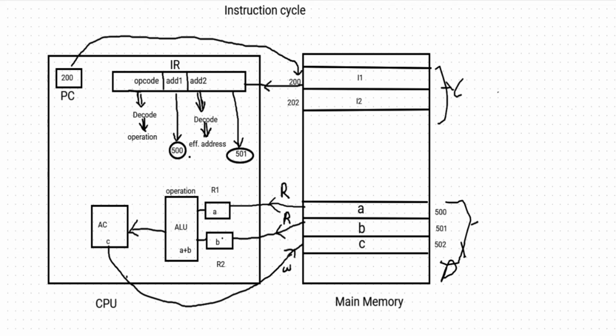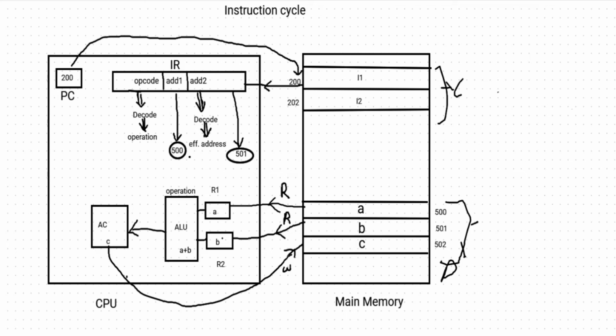Let's say we don't have anything here, we'll somehow bring the 200. The 200 is the address of that particular instruction which we want to execute. Let's say program counter has 200, and it'll go to that particular address, and from that address it will fetch this instruction I1. Instruction I1 will be fetched from the main memory and brought to the CPU, because all the executions will